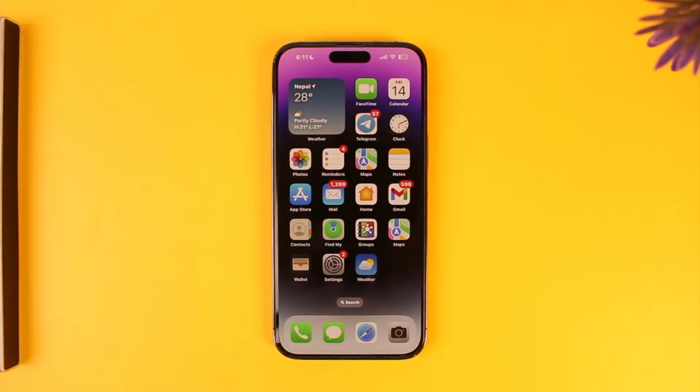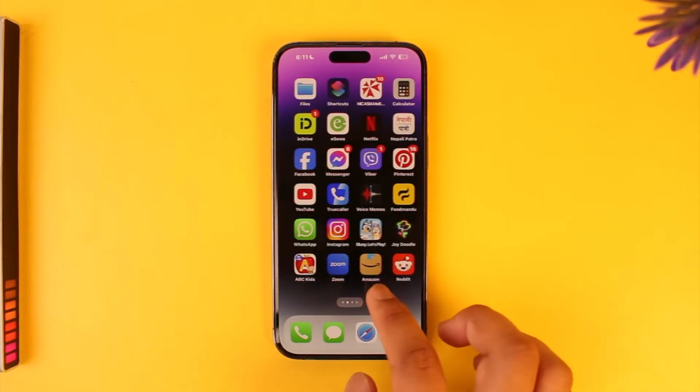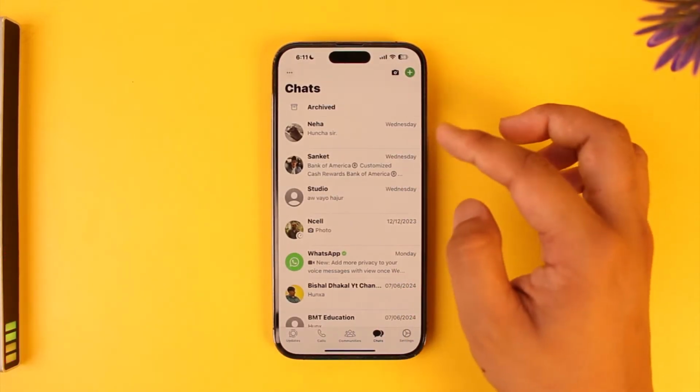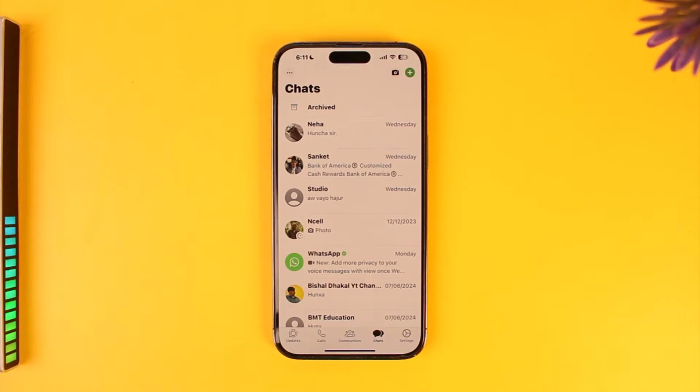In this video we're going to learn how we can forward messages in WhatsApp to more than 5, so make sure to watch the video till the end. If you want to forward messages on WhatsApp to more than 5 people, it's actually a little bit tricky to do this. Normally you can try to create a group and do this, but if that is not what you want to do,